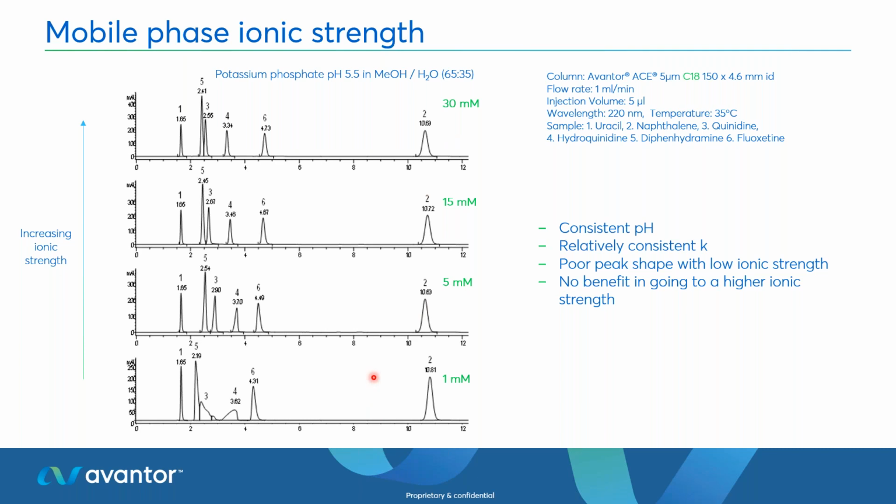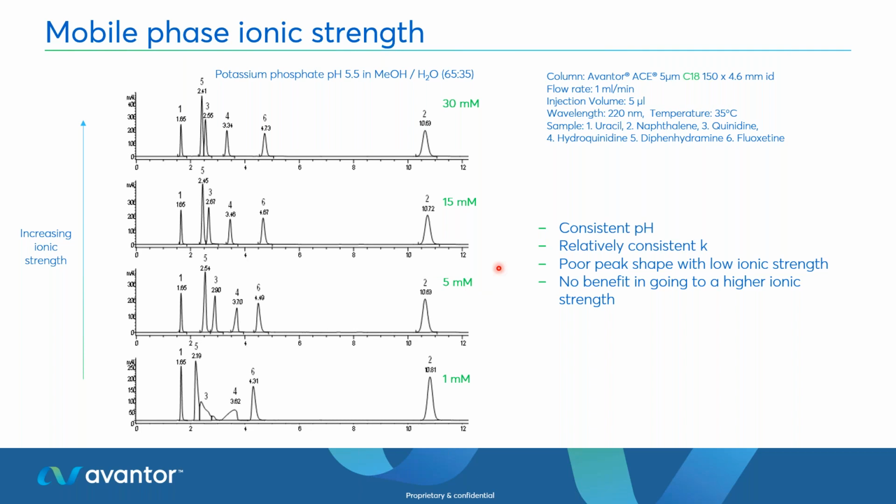Now, at 1 millimolar, I don't have a high enough buffering capacity. But I only need to go here to 5 millimolar to see pretty decent peak shape. I'm in peak 4 here, got a bit of fronting, but it's so much better than 1 millimolar. And going up to 15 millimolar, well, now I've improved that peak 4, but this critical pair here is starting to join together. So potentially 10 millimolar would be enough to get a good separation, a good buffering capacity in